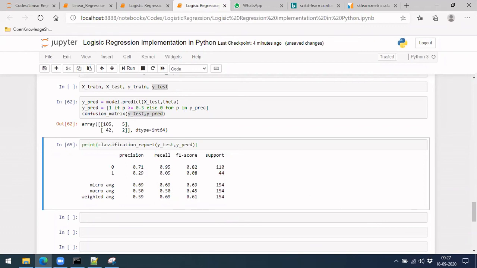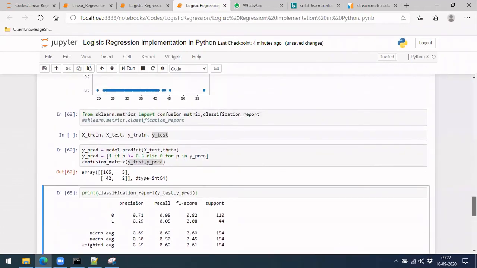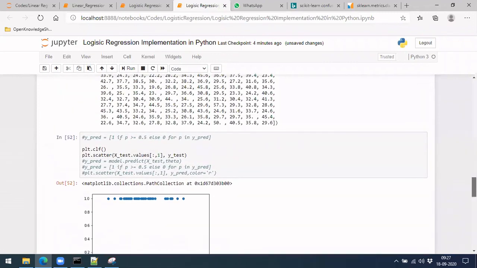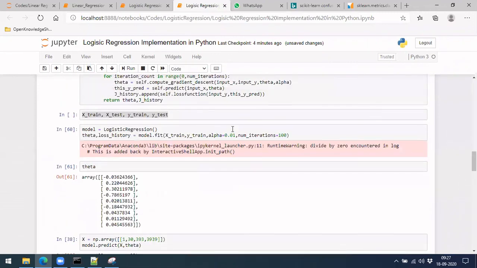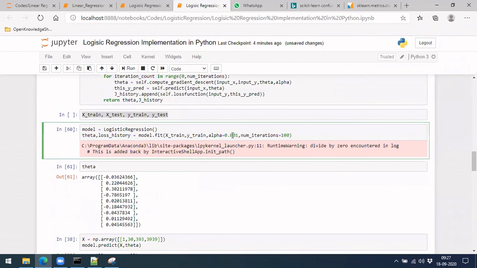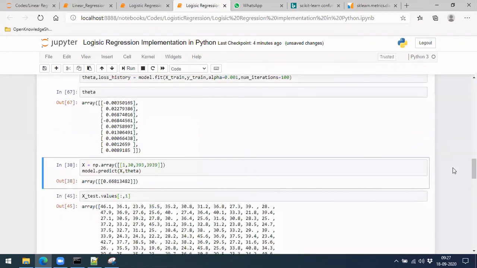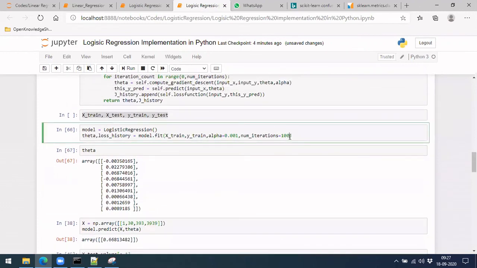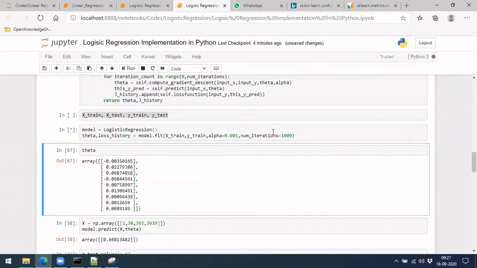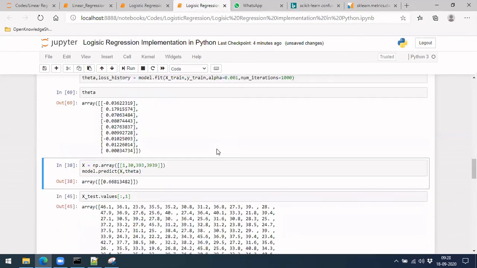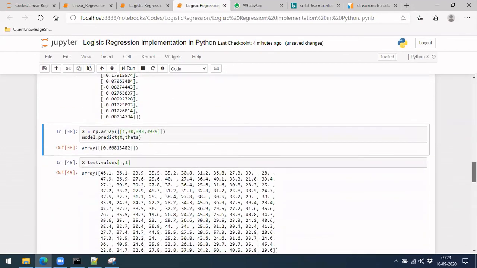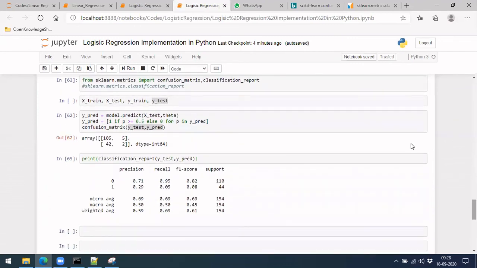Okay, so finally what we should be doing is tuning our alpha value to something else and then again see if we are able to get better values or not. Or make the iterations more, maybe instead of 100 we put it like 1000. We have to tune our parameters, which we call hyperparameters, and finally get these values. Okay, so that is how we should be doing.